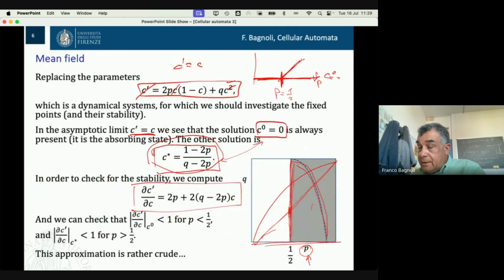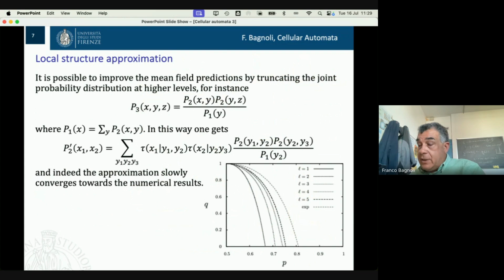One possibility, which is called the Bayesian possibility or maximum entropy approximation, is this one. So you see that we can check that this is consistent, because if I sum, for instance, over z, I should get